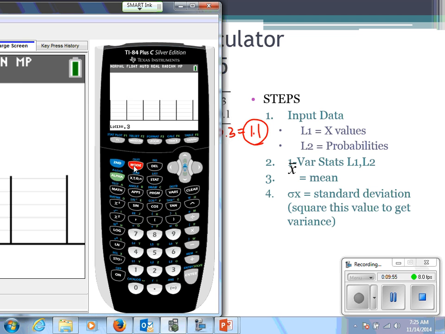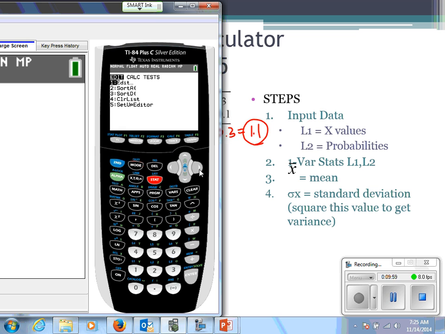All right, so the next thing I want to do is I'm going to exit out of this screen, and I want to run the one variable statistics. So I'm going to go stat, scroll over to calc, and my one variable statistics is right at the top. And I'm going to tell my calculator to use L1, that's my list, and the frequencies, which would be the probabilities, are represented in list 2. And we'll hit calculate,